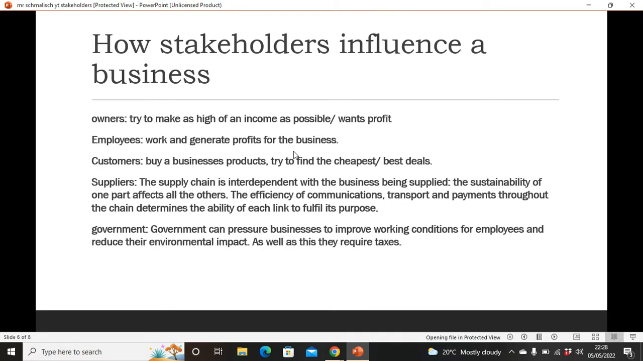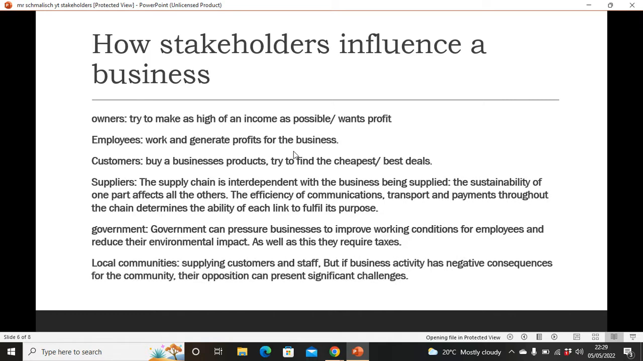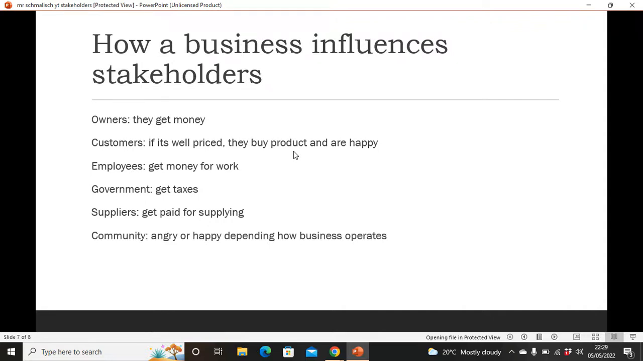Then you've got the government. They've got a big influence on the business. They create laws, they make taxes, and ensure legislation is followed, and this can have a massive effect on the business. And then you've got local communities. They supply customers and staff, if they like the business, but they can have a negative impact if they don't like the business by boycotting it and obviously damaging the business. And then conversely,